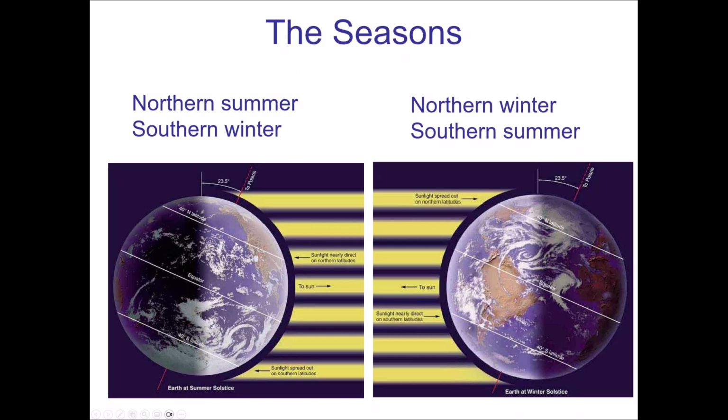Now, if you had to see a picture of fall or spring, the tilt is not either toward or away. The sun is sort of perpendicular, so to speak, to the tilt, so that sunlight hits latitudes evenly, and so you don't get anything that's too incredibly hot or too incredibly cold. That's how that would sort of go.